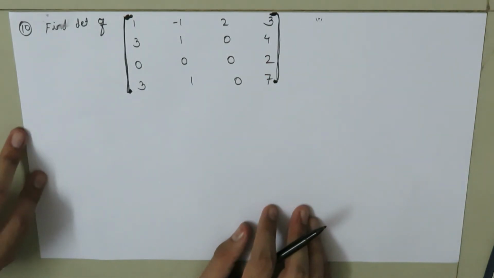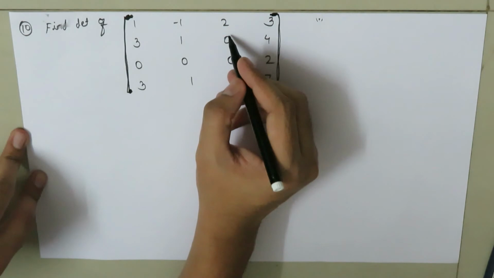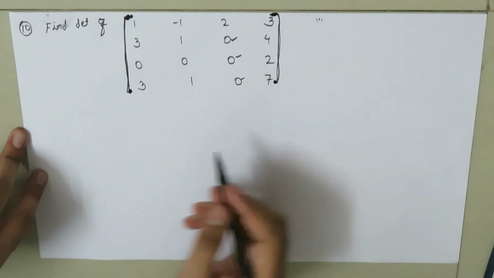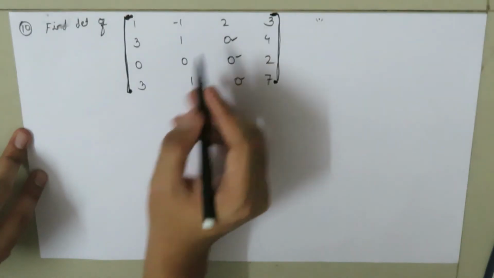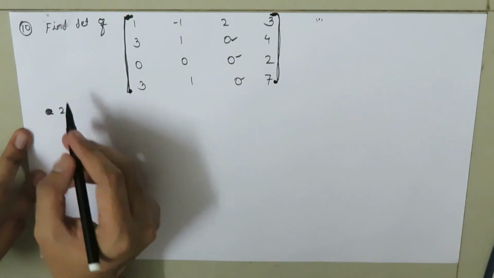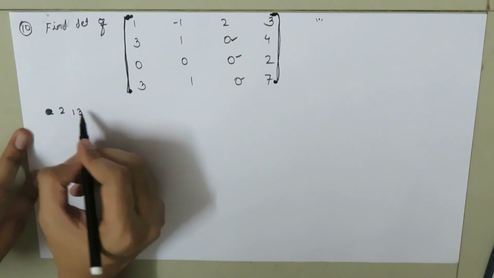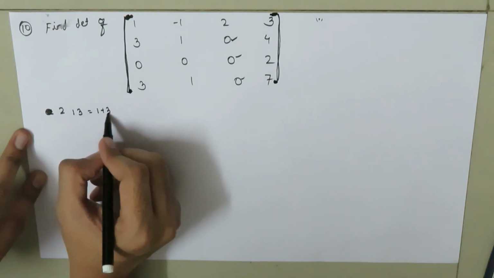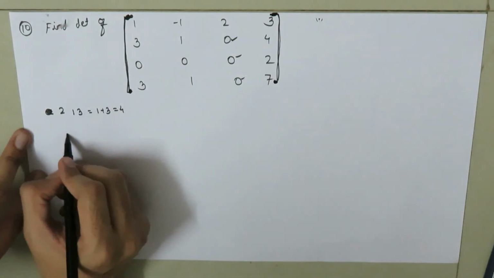Okay, so here we already have the 3 elements of the second row, third row and fourth row as 0. So what we can do is, A is 2, first row, third element, so the addition is even, so this will be 1 plus 3, which is equal to 4, so this is plus 2